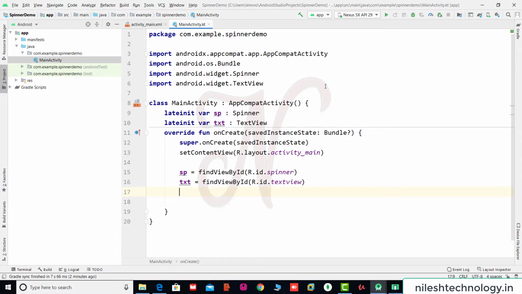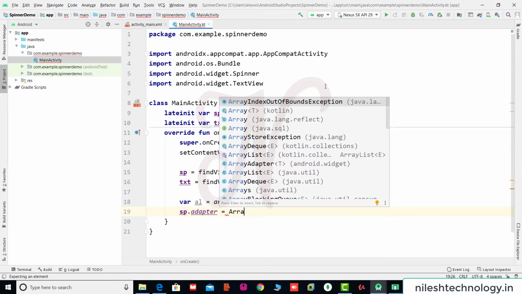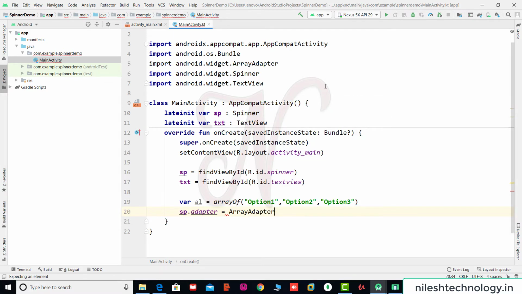Here we create one array. See here, var al is equal to arrayOf, and set some items, for example option 1, option 2, option 3. So we create one object of an adapter: sp.adapter is equal to ArrayAdapter, and here we set all the items in string format.